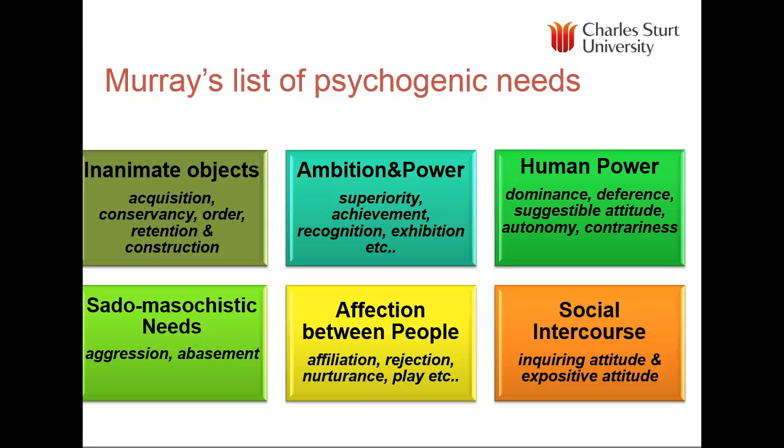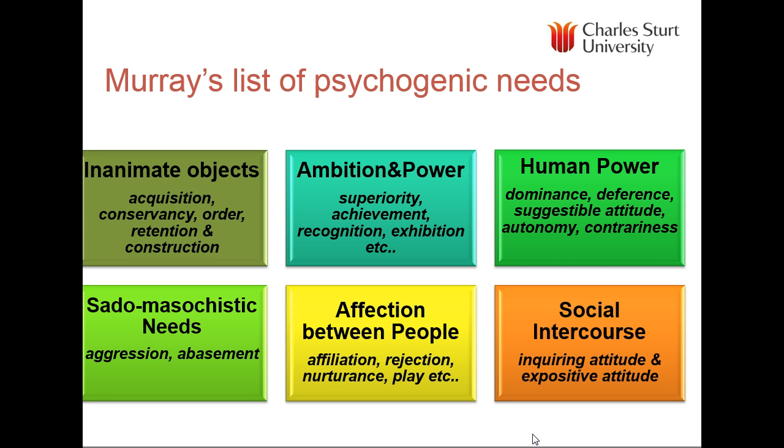So they're what we call cognitive needs. So inanimate objects: acquisition, retention, construction, ambition, human power. So ambition is yourself, human power is over others. Sadomasochistic needs, so we're not talking about something a bit weird here, but basically people can be aggressive or they may seek to avoid conflict, abasement. Affection between people is seen as a very important goal here, and so is one of what we call social intercourse,